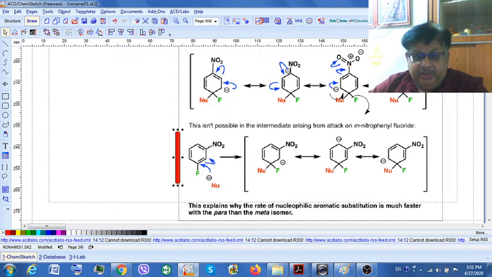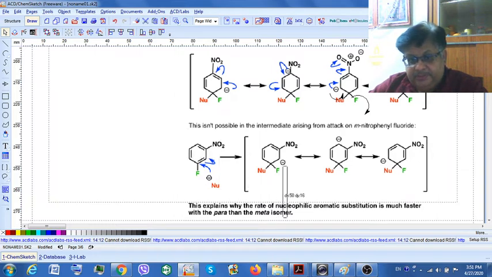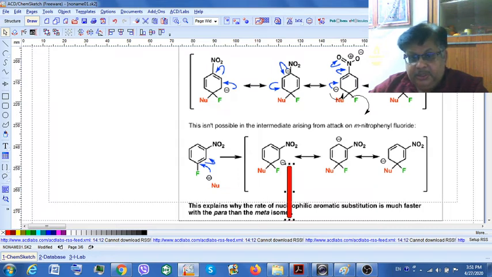As you are seeing, first of all, the nucleophile attacks as shown by the blue arrow here. Again, this pi bond breaks up as shown by a blue arrow here. Now you get a corresponding negative charge as shown by my pointer here. Now that is in conjugation. So if it is in conjugation, what would happen? This pair of electrons is donated here and this pair of electrons moves up.